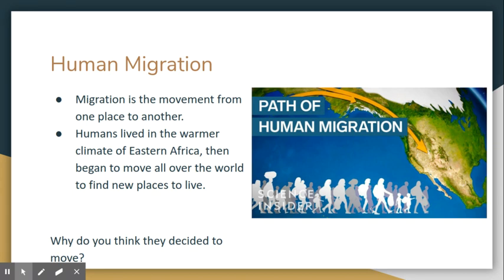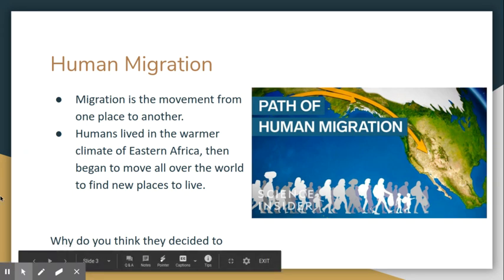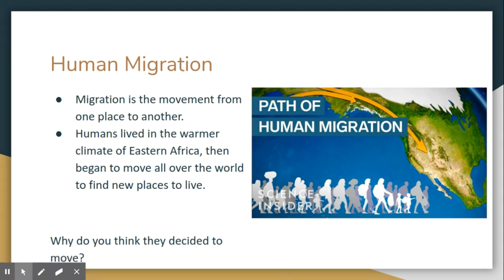Okay, why do you think right now? Why do you think they decided to move? Do you have any ideas? Anything that can possibly come to your mind? Let's see if we can venture off on those ideas and see what we can come up with. Okay, so